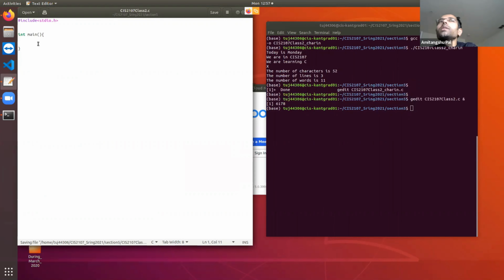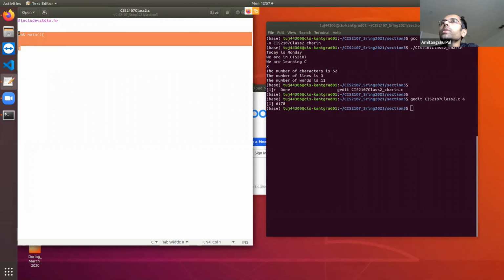So what is a function? Let's start with a very simple example. So here main is also a function. Okay. But from the main function you can also call other functions. So till now we have written everything inside main, but suppose you have a very lengthy code, suppose 4,000 lines of code. It's not a good idea to write that 4,000 lines of code inside a single main function.